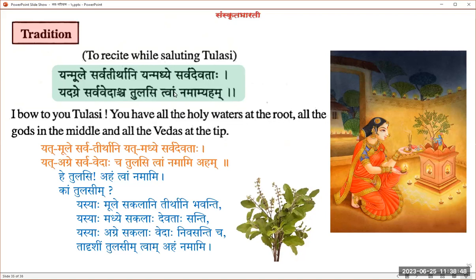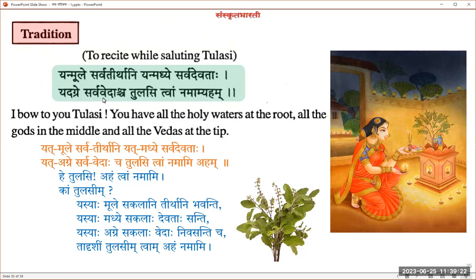Why yasyaha? Because we are referring to Tulasi, a strilinga shabda. So yasyaha mule, in whose roots, yanmule in samasta, sarvatirthani, all the various holy waters are deemed present. Yasyaha madhye sarvadevataha santi: in whose middle, amidst her, all the devatas are present.